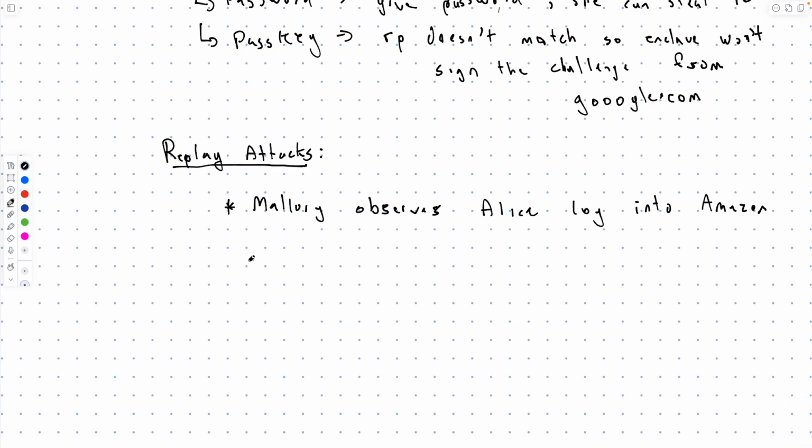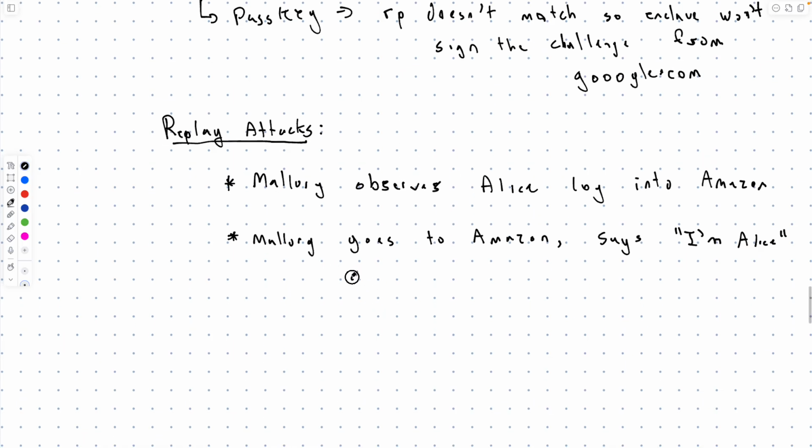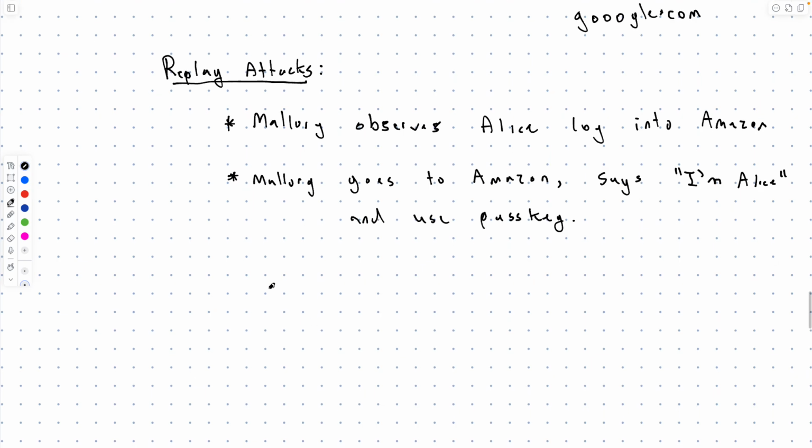Okay. Then let's say Mallory goes to Amazon, says, I'm Alice, and use passkey. Okay. Then Amazon